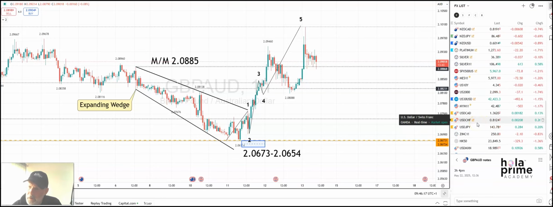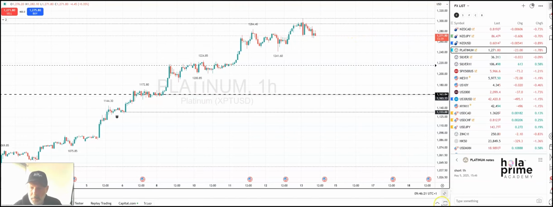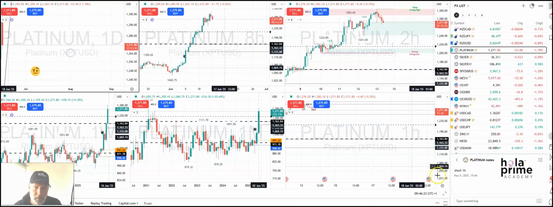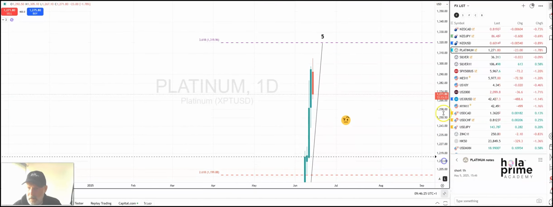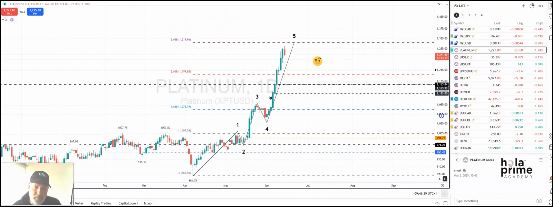One product that looks quite interesting is platinum today. It's only today. Really overstretched. We've had such an aggressive move to the upside. Wave 1, 2, 3, 4. So we're still in wave 5. If, and it is a big if, and it's a big sell-off from current levels,